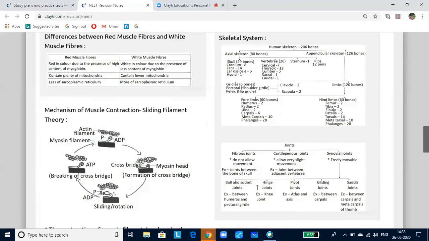A new ATP binds and the cross bridge is broken. The ATP is again hydrolyzed by the myosin head and the cycle of cross-bridge formation and breakage is repeated, causing further sliding. The process continues till the calcium (Ca2+) ions are pumped back to the sarcoplasmic cisternae, resulting in the masking of actin filaments. This causes the return of Z lines back to the original position, that is relaxation.